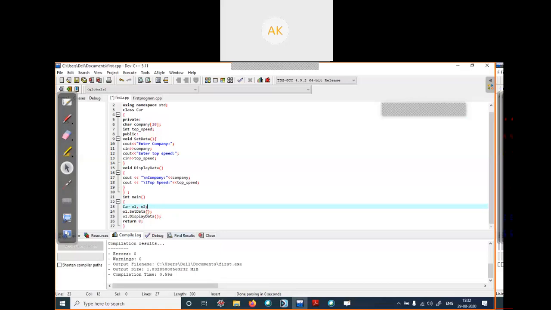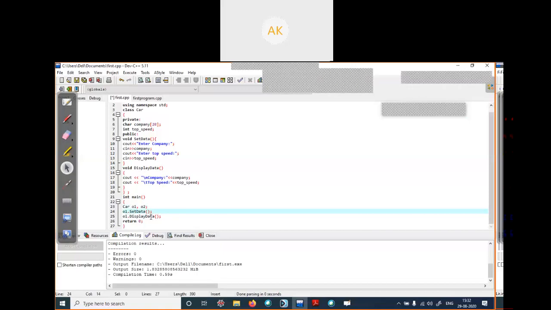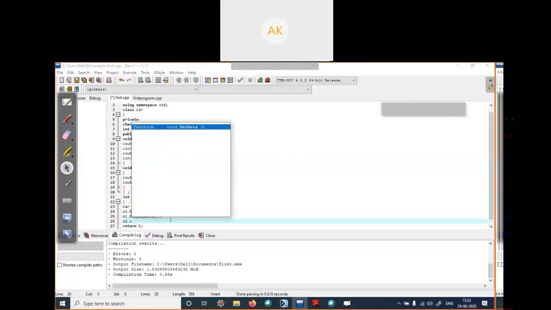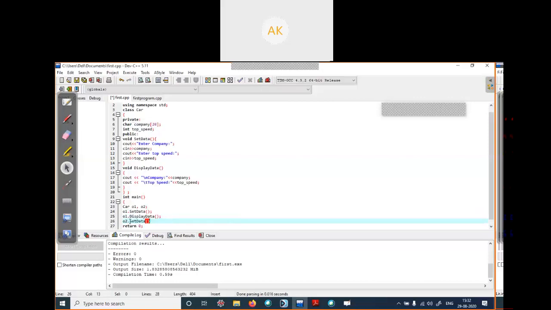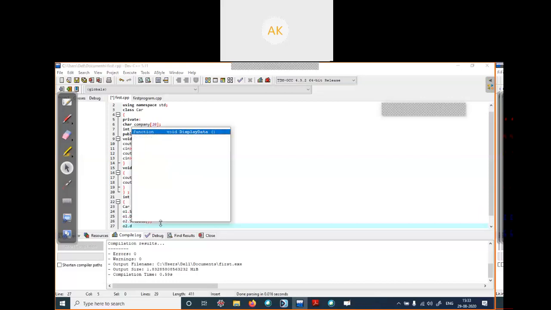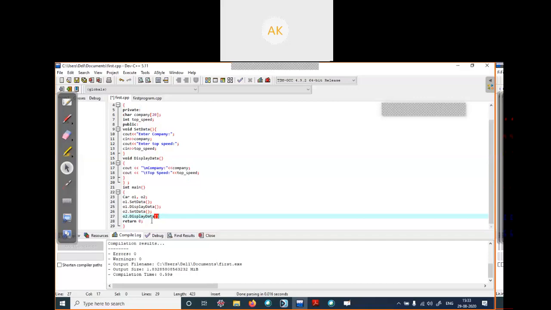In the first line I call set data for object 1, in the next line I call display data for object 1. If I want to call set data for object 2, I will write o2 dot set data. Next, to call the display method for object 2, I will write o2 dot display.